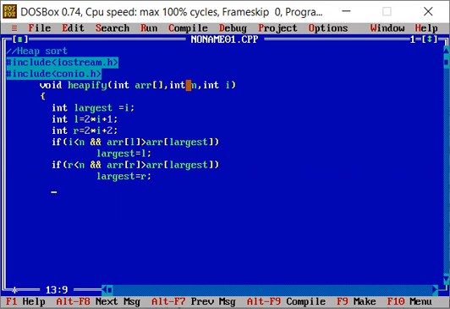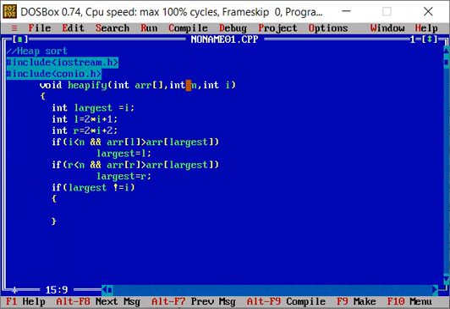Now, after changing the indexes, if our largest is still not I, largest is not equal to I, then we'll swap A of I with A of largest.